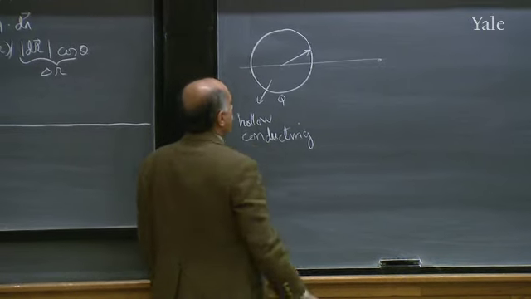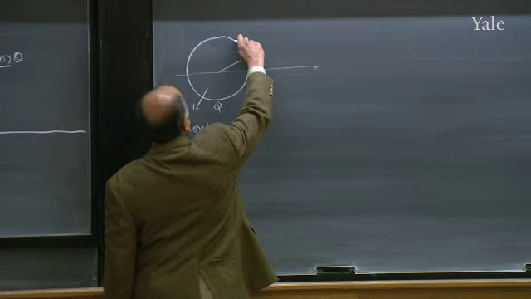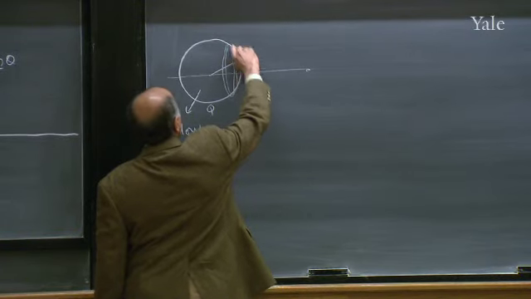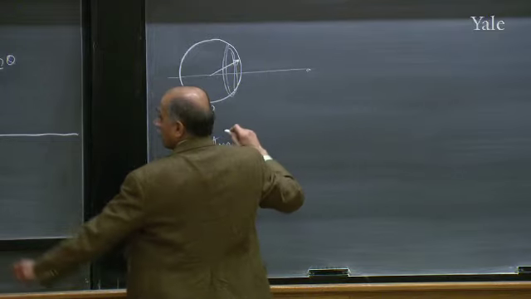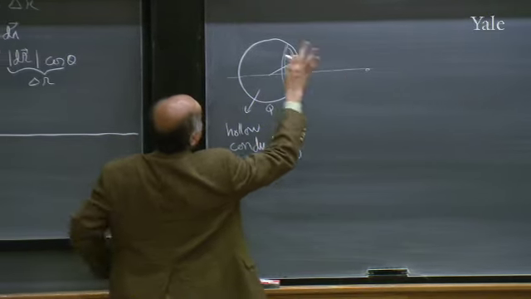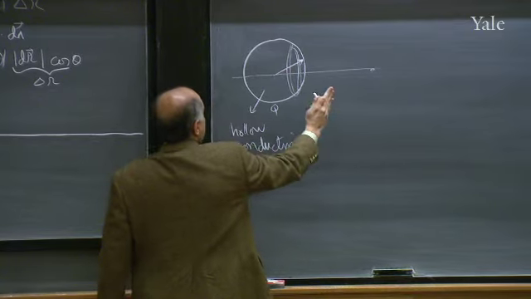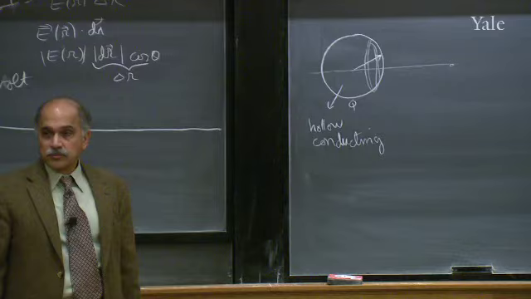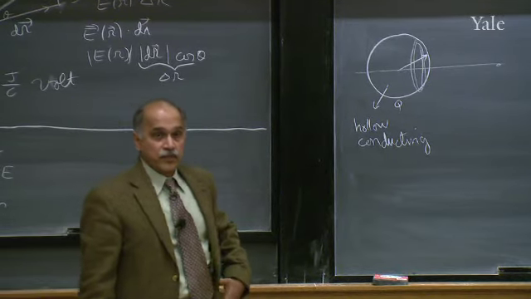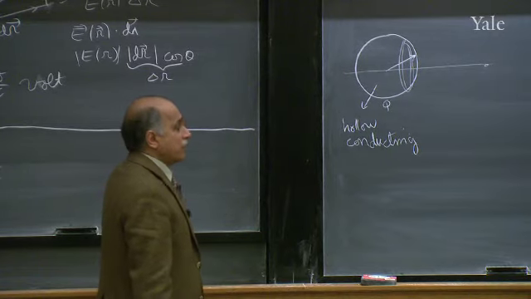But you still have a lot of hard work to do because you can divide the sphere into little rings like this, slice it at different latitudes, and find the potential due to each ring using this formula I just did somewhere, then integrate it over all the rings, and you will get an answer. But that's a decent amount of calculus. But you don't have to do that because in this problem,